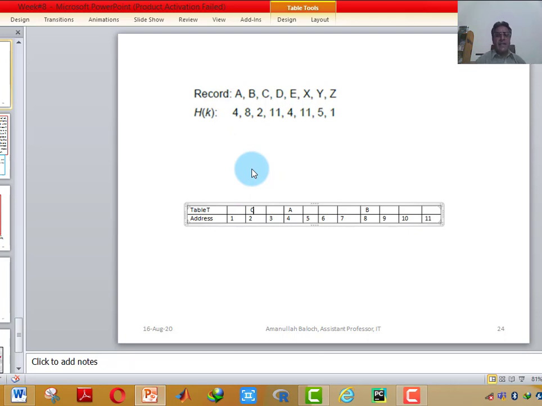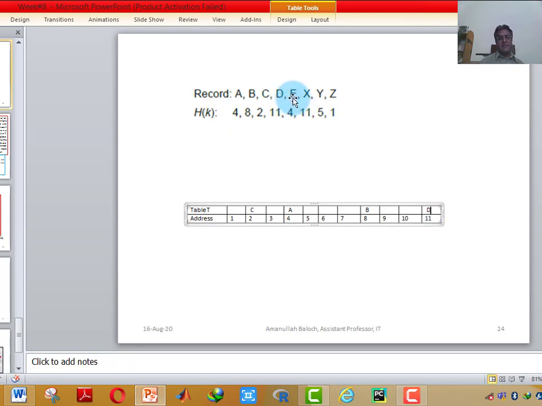The hash address of D is 11 and D wants to store itself at index 11. Is index 11 available? Yes, index 11 is blank and available, so we will store D here.